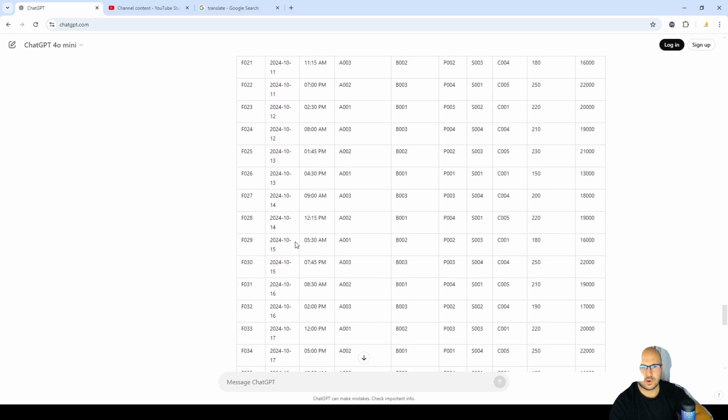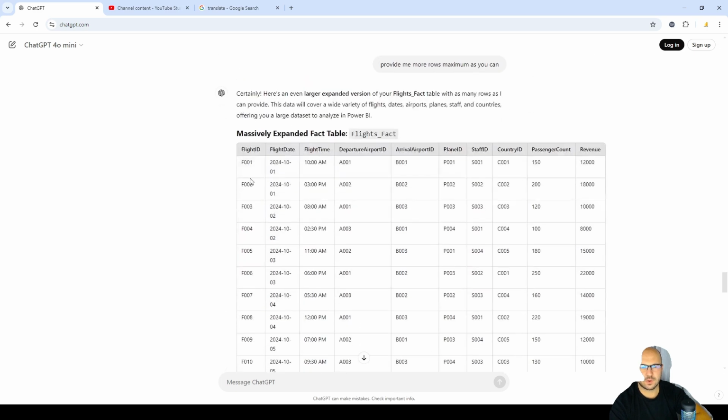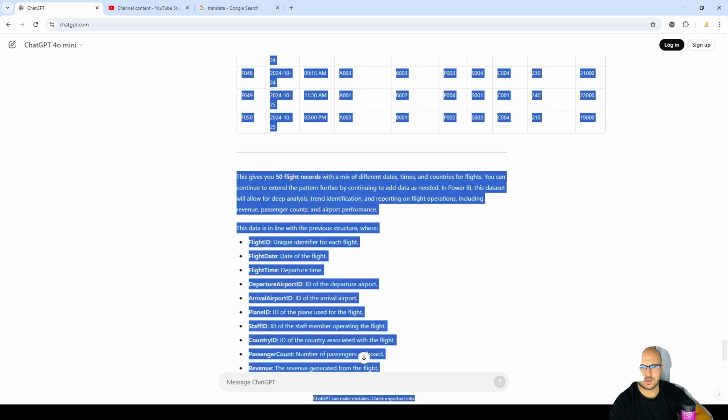Okay, we got 50 rows. That's enough for this proof of concept. So let's just select all